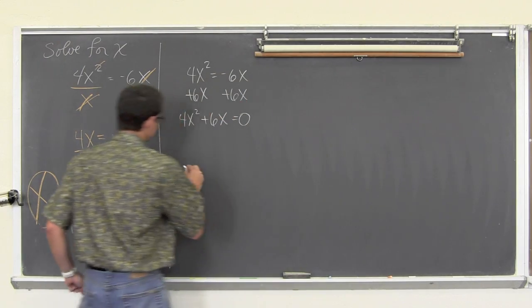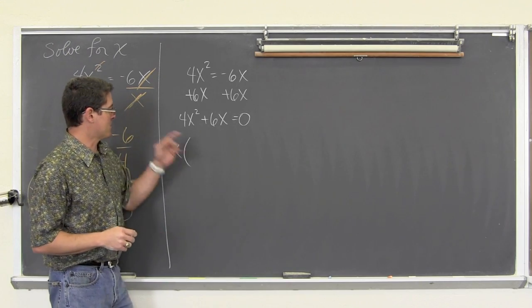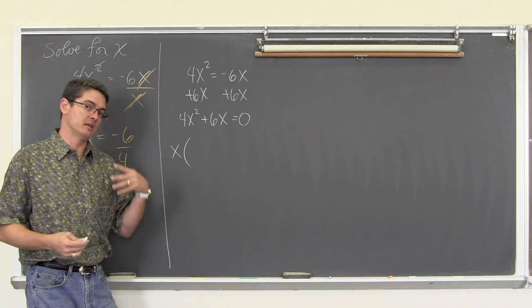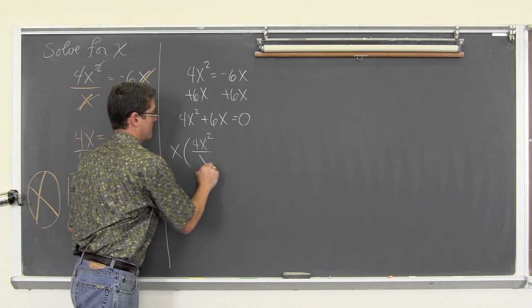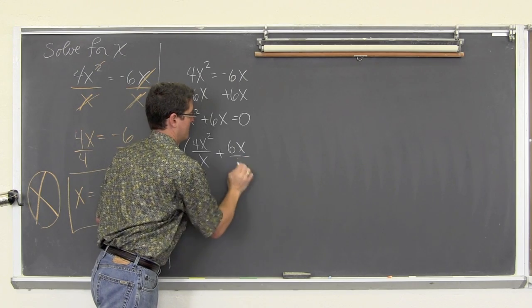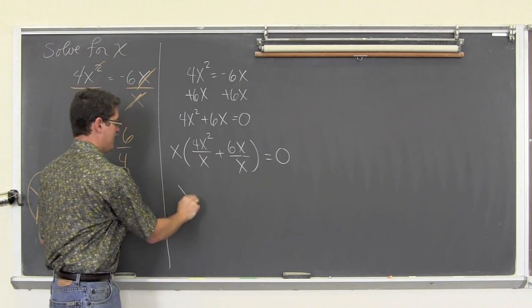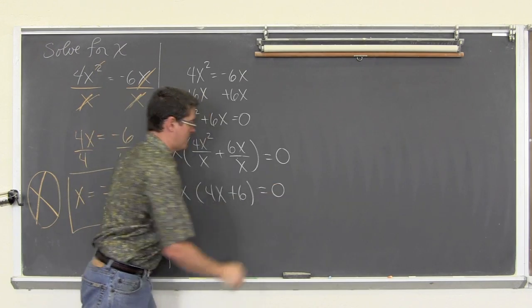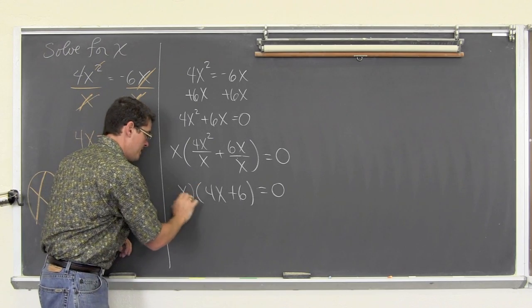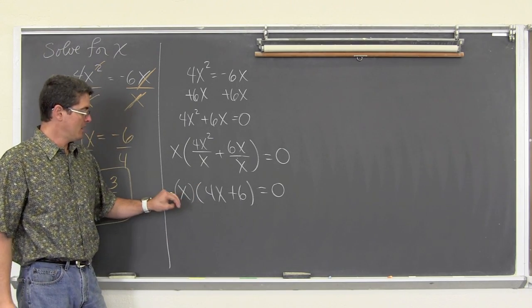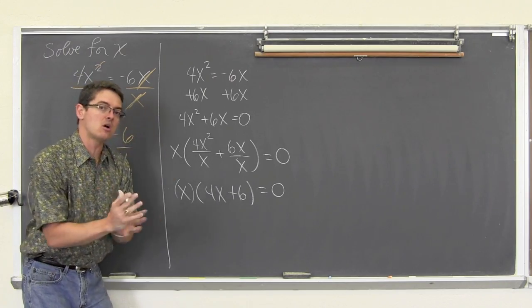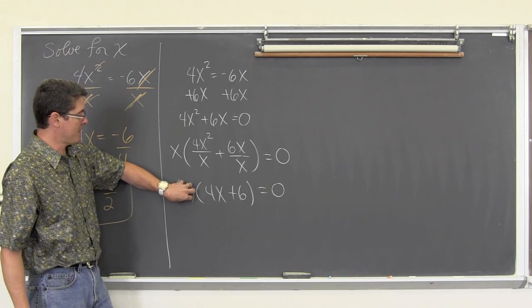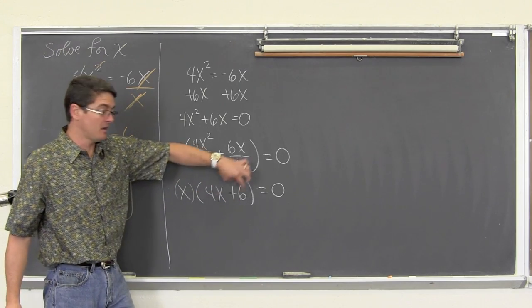Let me not assume how strong your factoring skills are. We're going to take this x out with factoring. That means I'm going to pull it out of those 2 terms. I'm going to undistribute it. I'm going to divide it out. And get x times 4x plus 6 equals 0. Now, here is one factor, one item, being multiplied by another item. The parentheses lock all this together. I know there's 2 terms in the parentheses, but the parentheses are holding it together. So this is one thing being multiplied by another thing, and it equals 0.